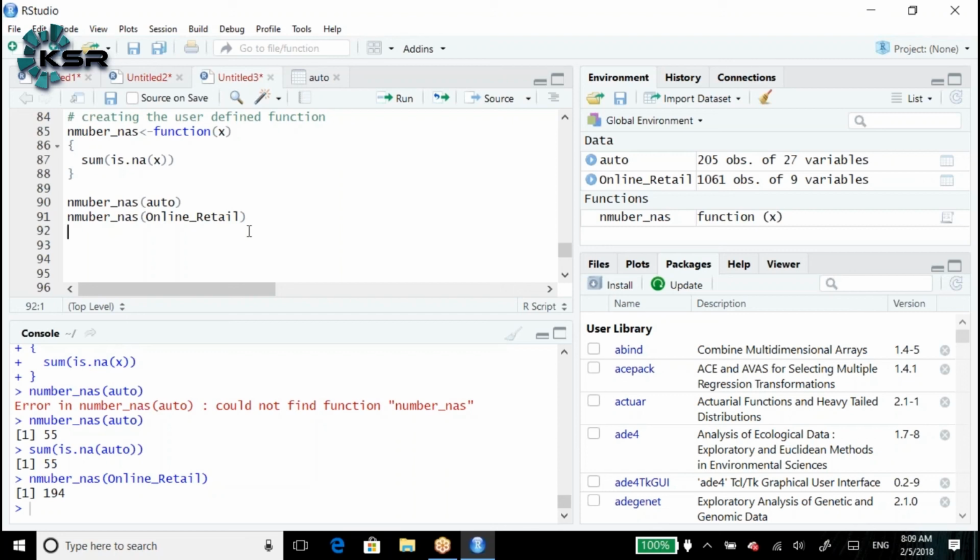So that is how we can create the user defined function. Of course, going forward we are going to use many user defined functions. We'll discuss them one by one. Every time to find out the missing values we are using sum of is.na of data set name. Instead of writing that, once you create the number of NAs function,